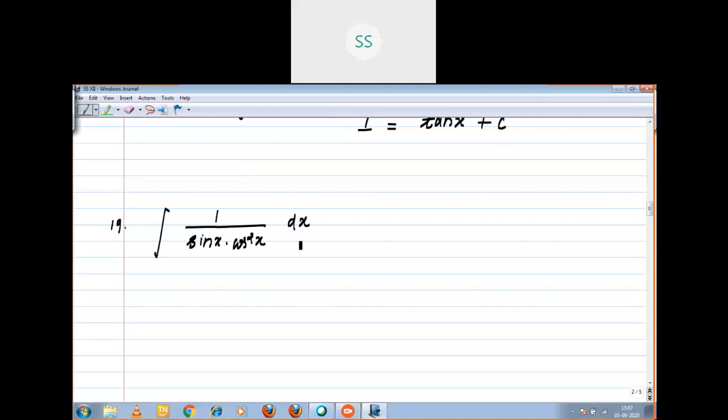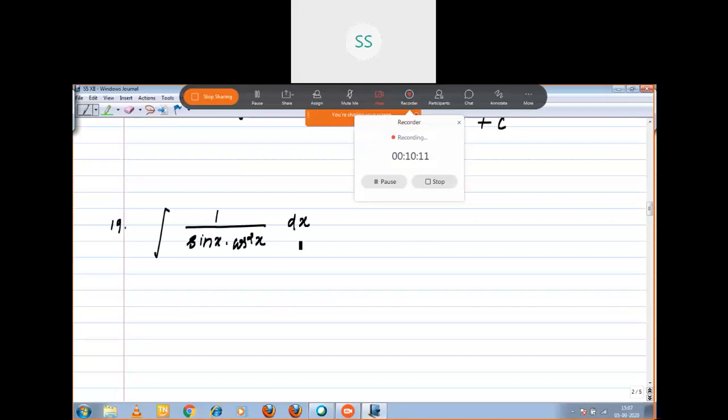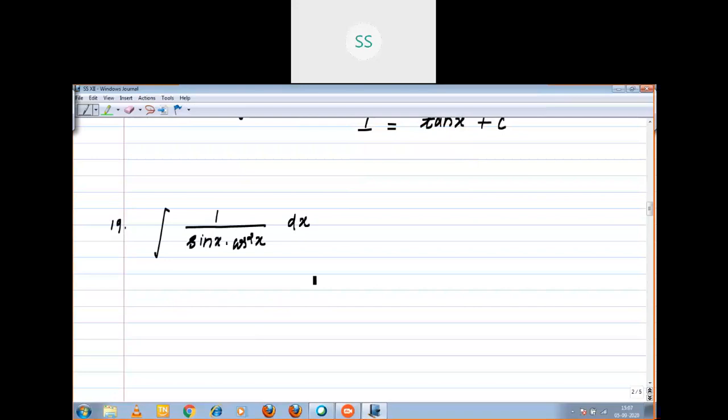Here there is no standard integral, right? We can convert the given integral in terms of tan and secant square. For that, I am going to multiply both numerator and denominator by cos x. Here it becomes cos cube x. One minute, I will erase and write, children, then only it is clear to you.